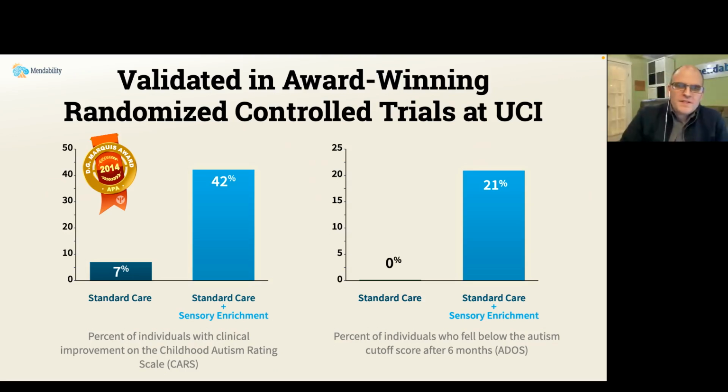And like I mentioned before, this program was then evaluated in randomized controlled trials conducted with children with autism by the University of California, Irvine. And they saw that within the 6 months of the trials, the children who received sensory enrichment therapy on top of standard care were 6 times more likely to make clinical gains compared to the children who were only doing standard care. In the replication study, they saw that